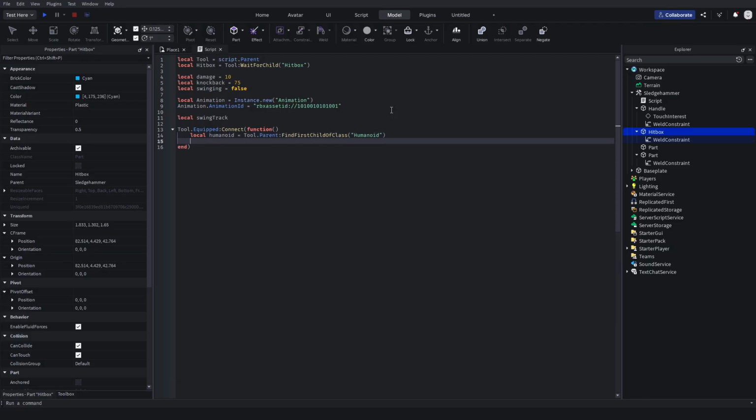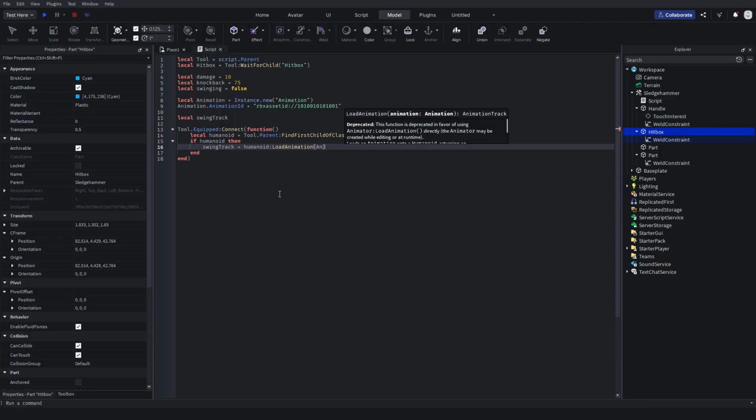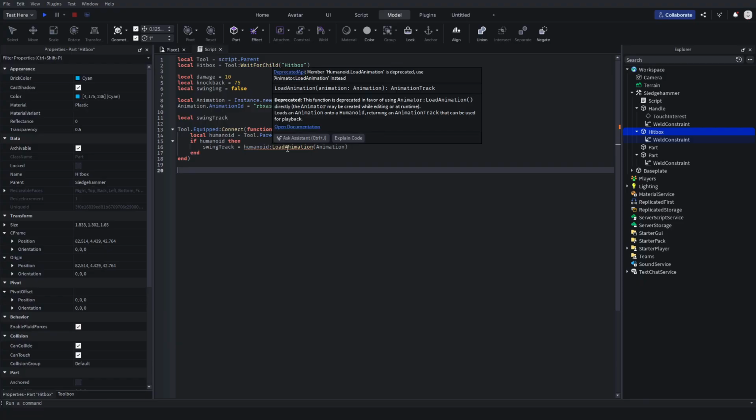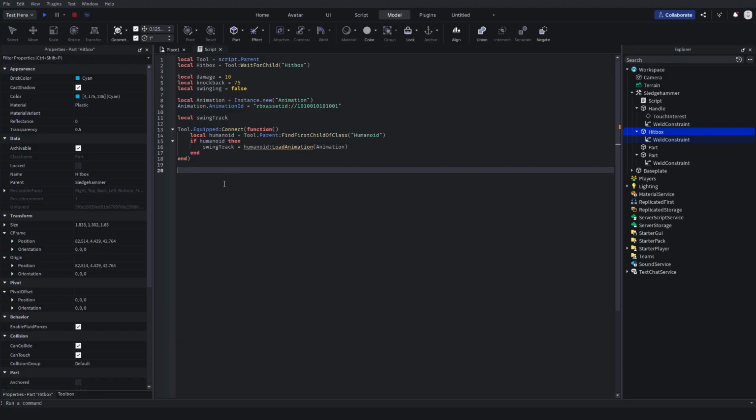Anyway, if humanoid, then swingTrack, that's the variable we just defined up here, equals humanoid:LoadAnimation. Now that's underlined in red, but I believe it should work anyway, unless something got changed over the weekend from when I made this. Hitbox.Touched